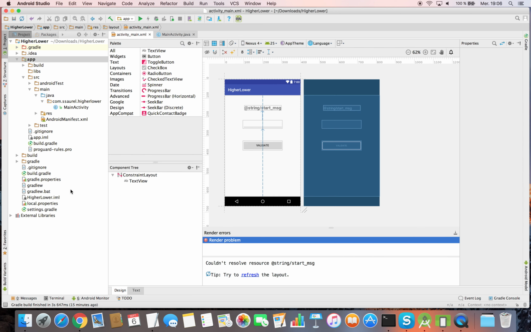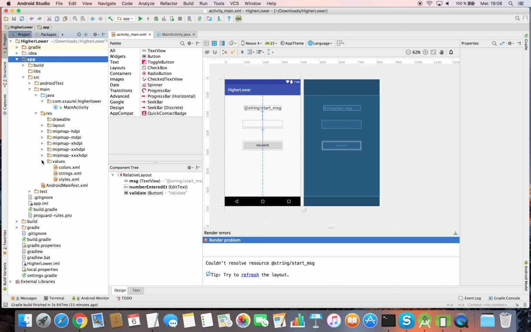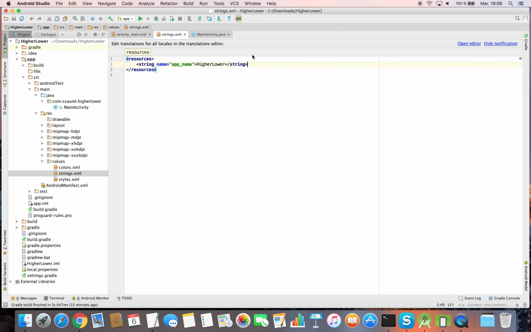Okay, we can see a preview of the user interface. We add the string labels in the strings.xml file. We add a start message label and too high and too low.